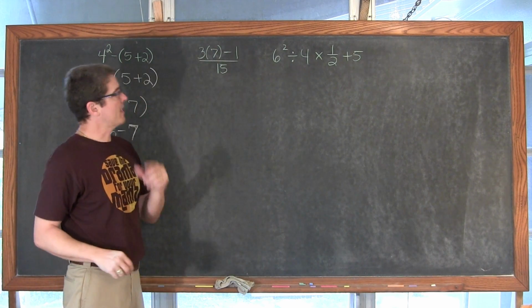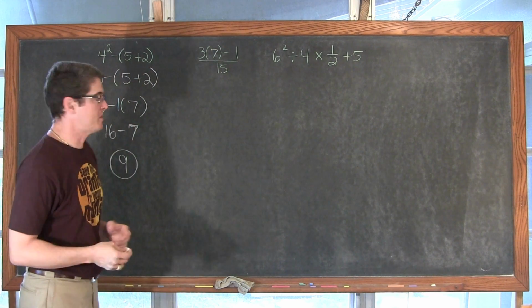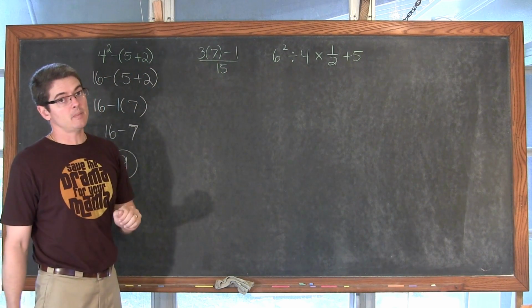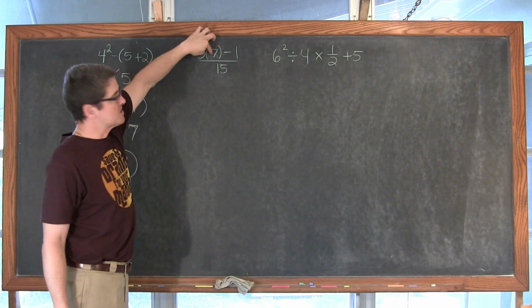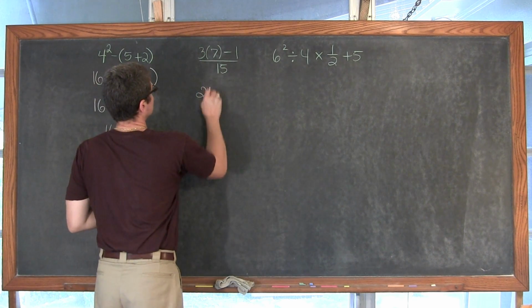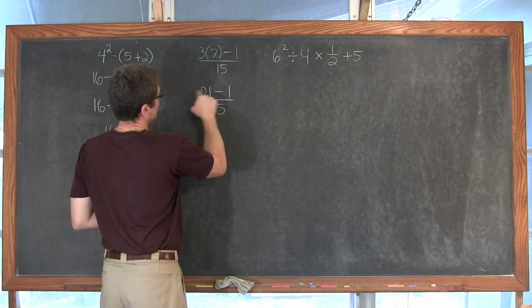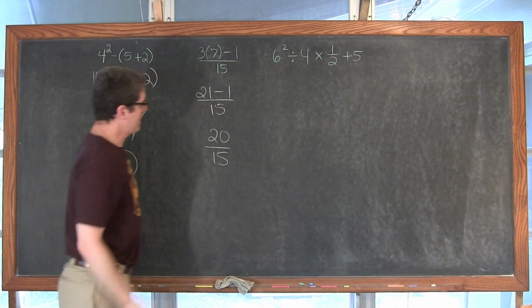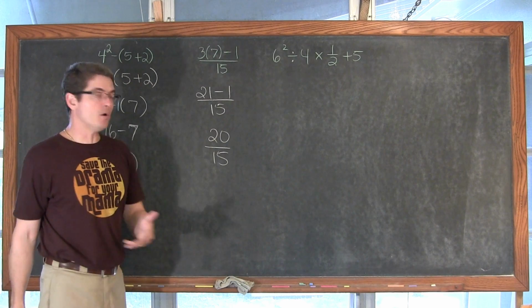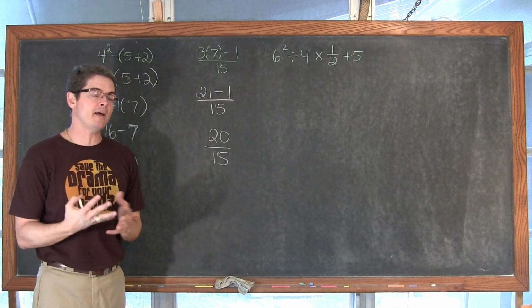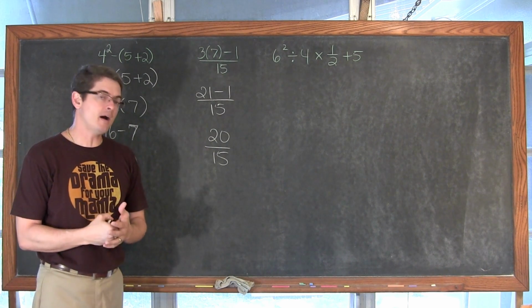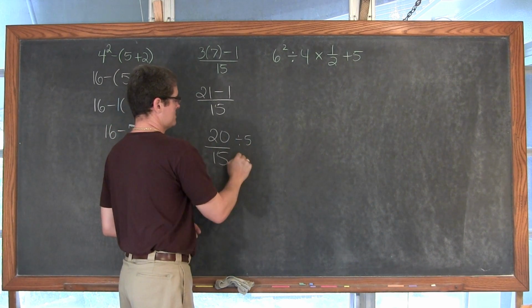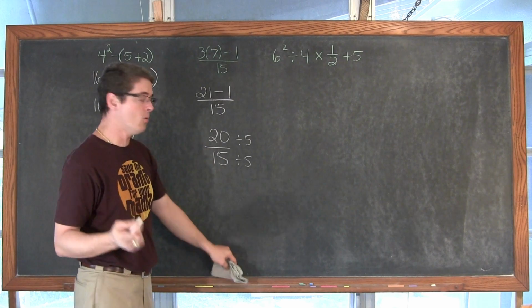Over here we got a fraction bar, which again is a form of grouping symbol. So we're going to simplify the numerator to be one single number before we divide it by the denominator. And we have 3 times 7, which is 21. We got 21 minus 1, which is equal to 20. And then finally 20 over 15. Both the numerator and denominator have a factor of 5. So I can show that I'm going to divide the numerator and denominator by 5 to reduce it,